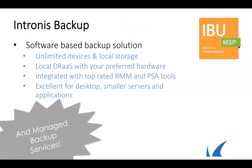When it comes to securing on-prem data, that's where we have a couple different solutions. The first I'll talk about is Intronis Backup. This is really simple. It's a software-based backup solution designed to protect physical and virtual data with native support for things like physical imaging, VMware, and Hyper-V. It has integrations into Exchange and SQL, and it's all managed through a rebrandable central management console that integrates with many of the major RMM and PSA tools that you're using today. This is offered with fixed fee storage and priced per customer account so that IT service providers like yourselves can rapidly grow revenue and scale profit while protecting your customers'